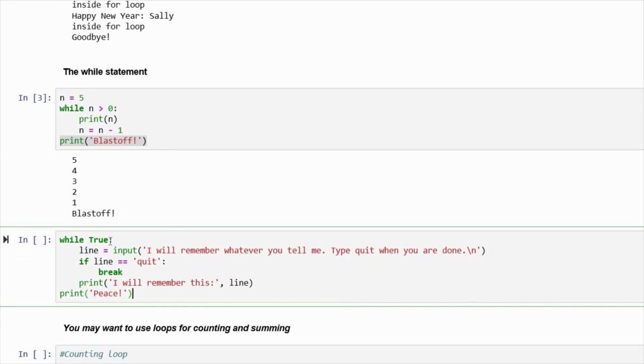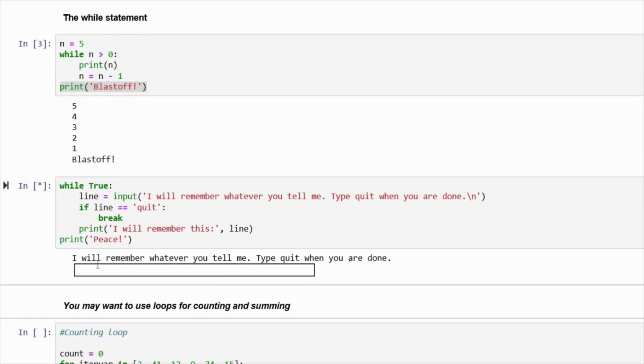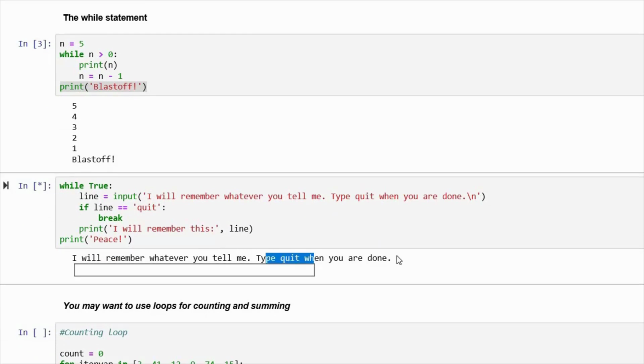Now I have a short example here. You can see that in while I have given true, and this input means I am taking input from the user. I will show you how I will take it. Whatever will be the input from the user, if it is the string quit, then the while loop will break, or else it will keep on printing the line which is the input of the user. Now let's see. I run this and it is displaying me a message: I will remember whatever you tell me. Type quit when you are done, which is written here. Now I write